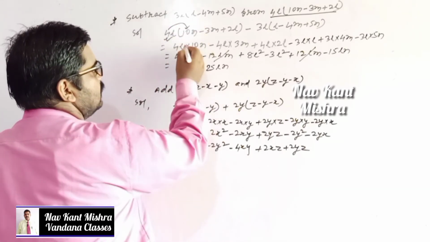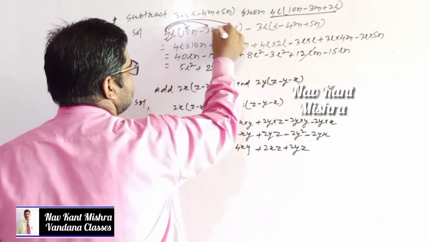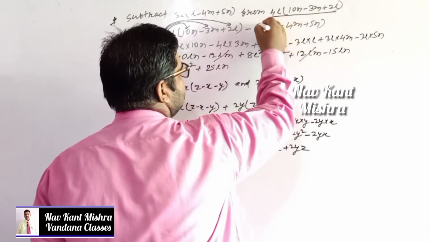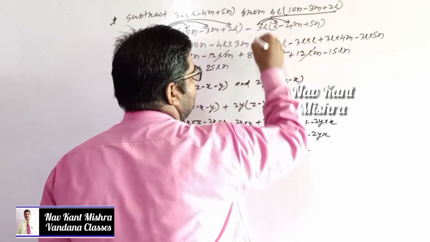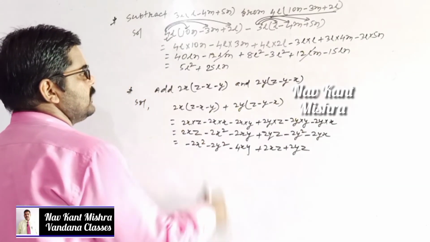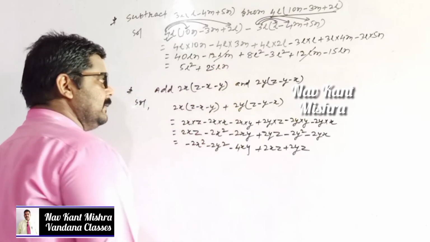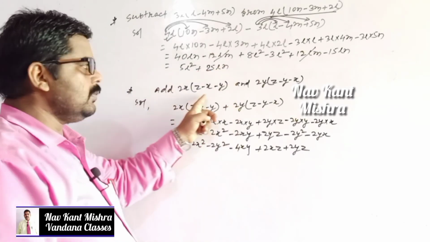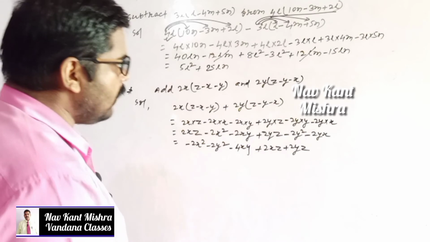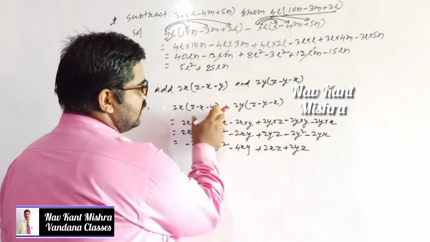and for these purposes you have to multiply 4l with 10n, then 4l with 3m, and 4l with 2l, and after that minus 3l with l, minus 3l with minus 4m, minus 3l with 5n, and after simplification you can get the result 5l square plus 25ln. In the next question, you have to, at first you need to multiply, and after that you have to add. If both the operations are done together, then you can write this question this way,